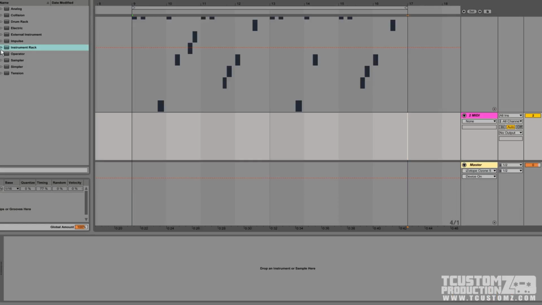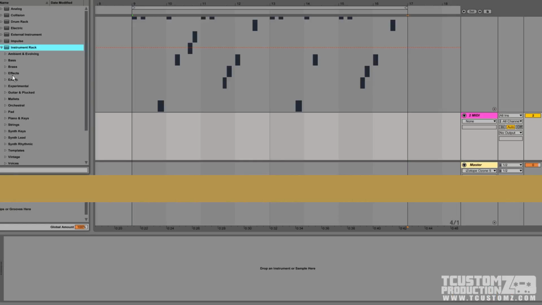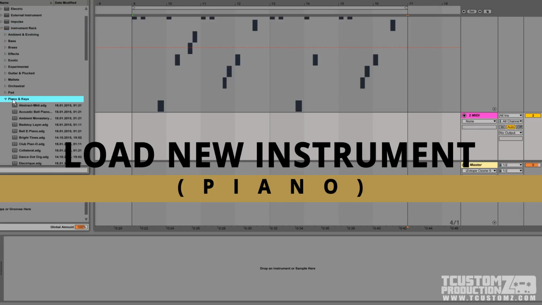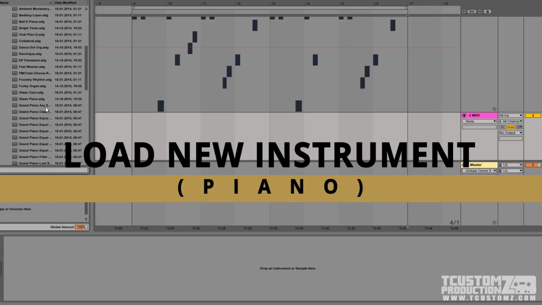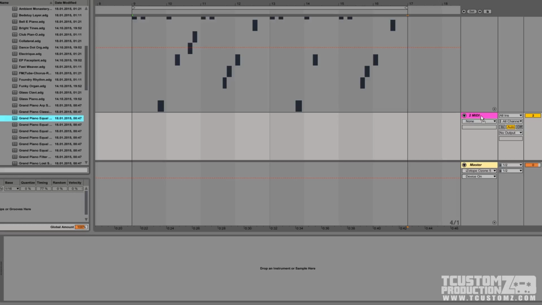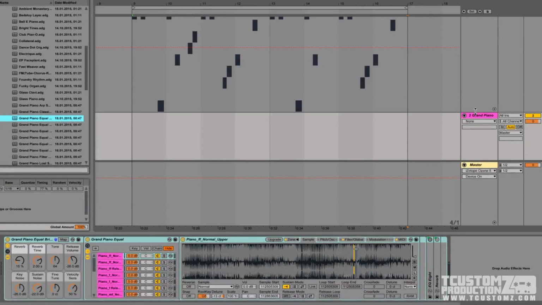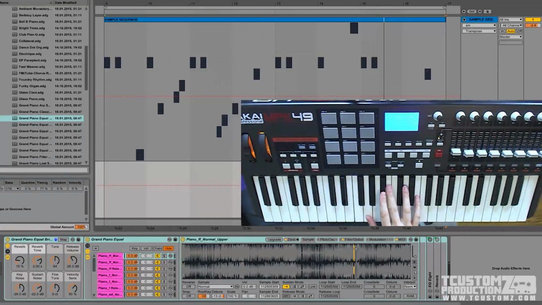So my first step is to load in some sort of an instrument. It really doesn't matter. Usually I pick a piano. It's pretty versatile. So I'm just picking an Ableton Live instrument. You can use whatever you have in your sound collection. So I'm going to play the sample sequence back. While I'm playing this back, I'm going to be triggering